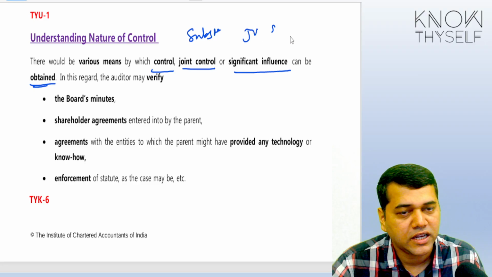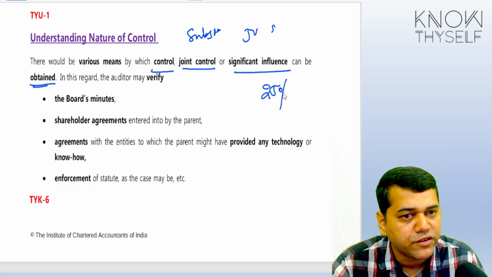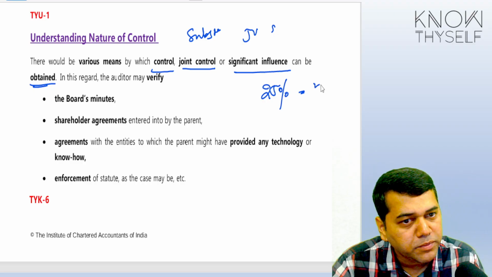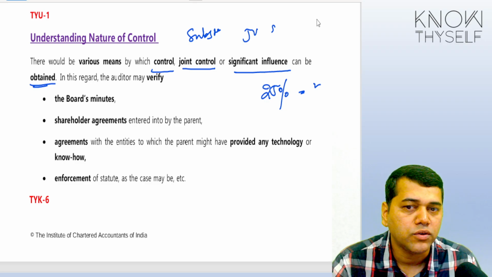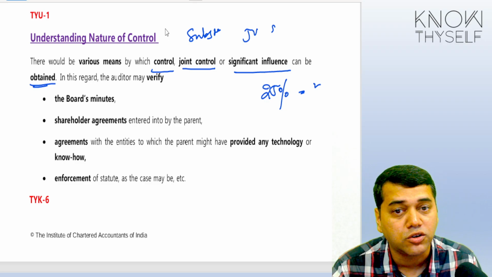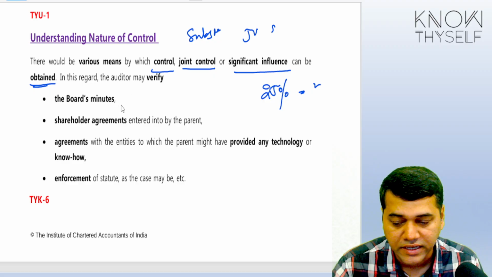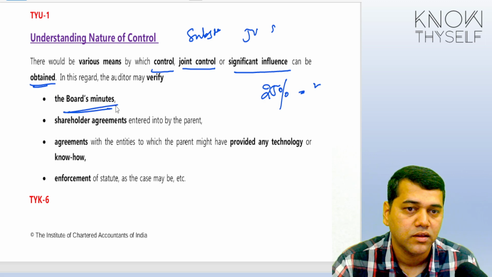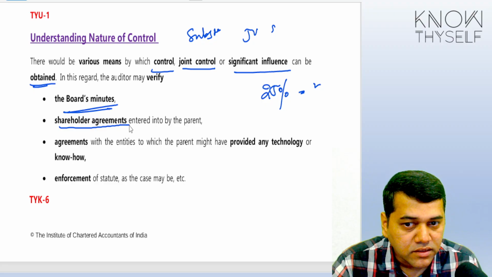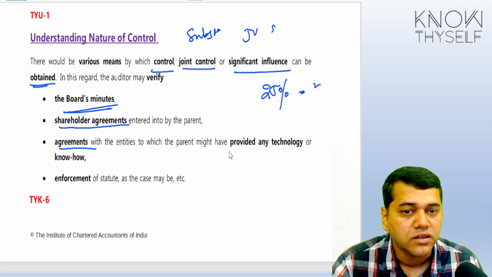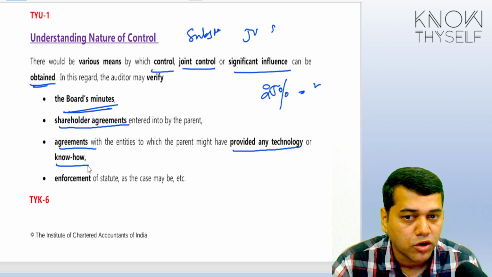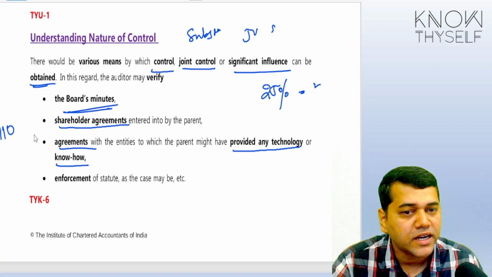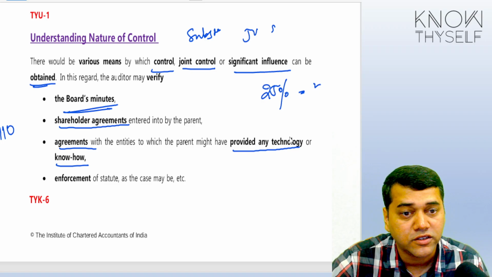or associate. There can be a situation where you are holding 25%, but you do not participate in the decision making. So it may not be your associate. So how to know what is the nature of the control you need to have? The entities exercising. Yes, for this now you need to understand the board's minutes, shareholders agreement, agreements with the entities which provide any technology or the know-how, because sometimes for this again we have to go to Ind AS 110, because Ind AS 110 tells that